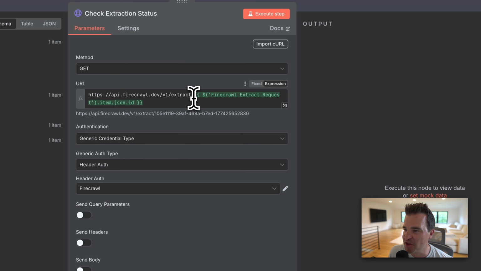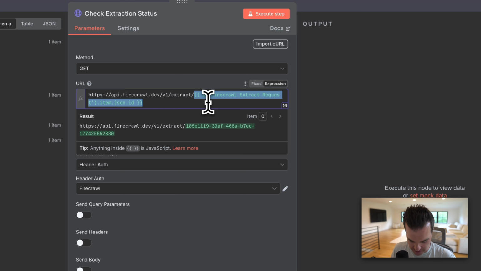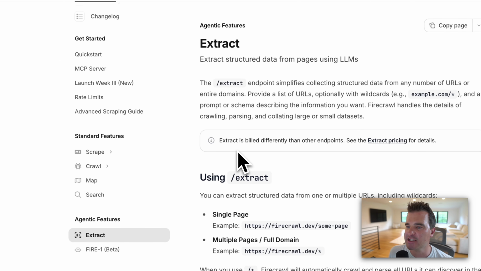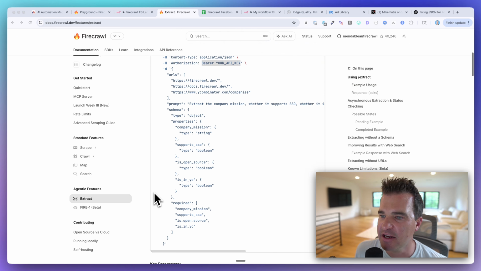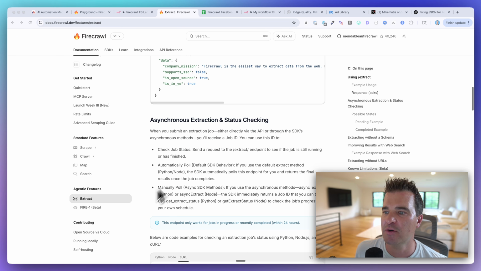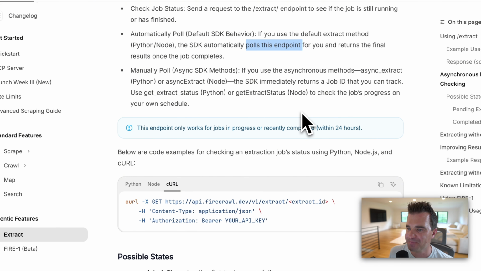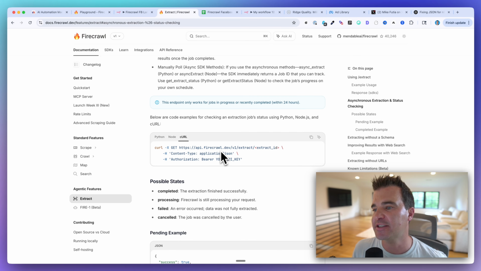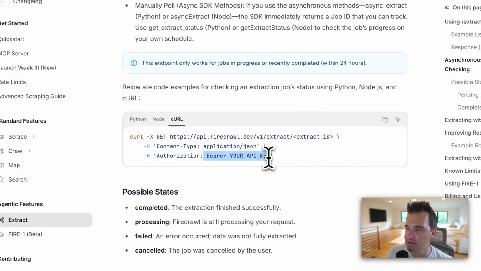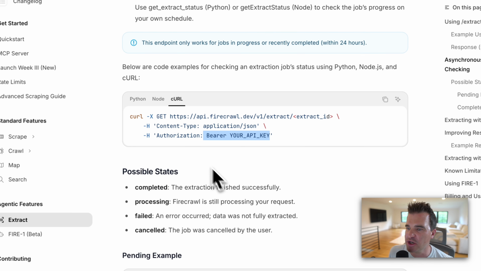So let's talk about the URL, just the blank URL. So let me actually delete what's in here right now. And actually, let's go back to the docs because this does show you how to generate that URL. So again, I'm on the API docs, I'm in extract. And if you go down a little bit here where it says status checking, now you could import this curl command as well, and it's going to have you fill in your auth kind of manually. But what I want to show you really is just this URL. So this is the URL that I'm using, right? It's this